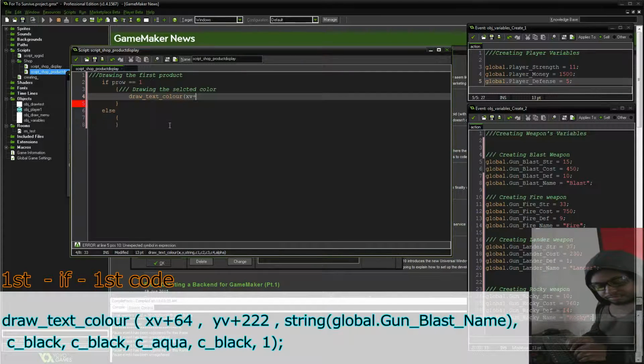X 64, Y 222. We're going to draw a string. Excuse me. Gun. Last name. And we'll make it the color of